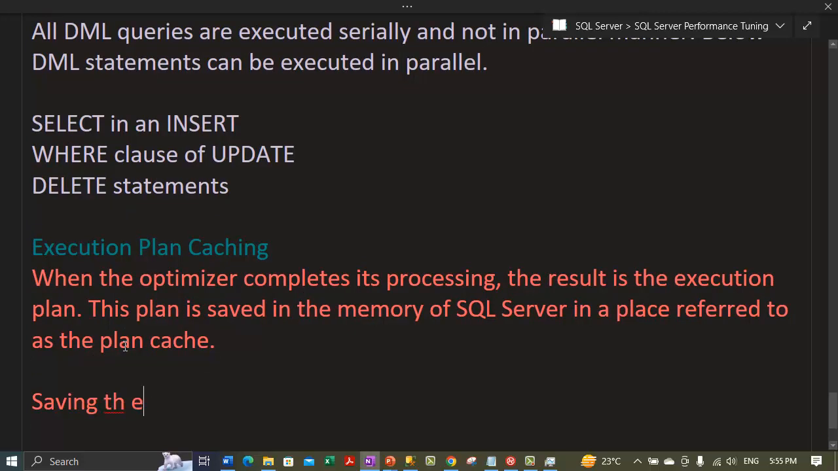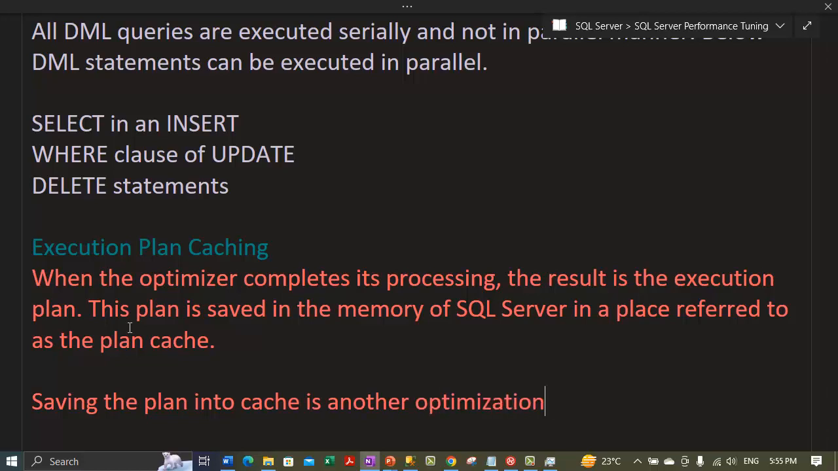Saving the plan into the cache is another optimization. So this is another optimization operation, right? Saving the particular execution plan into a cache. This is another optimization that SQL Server performs